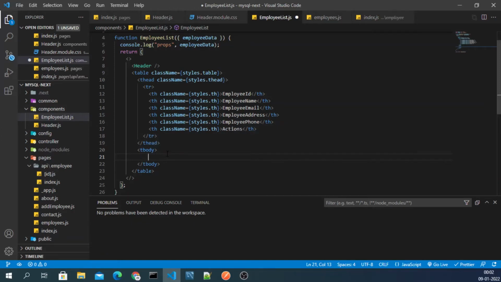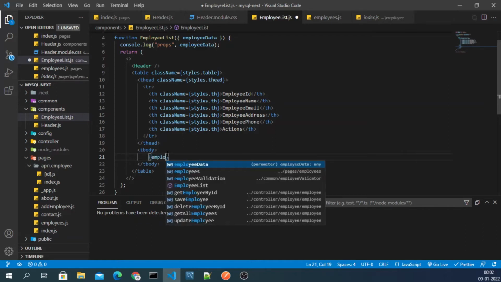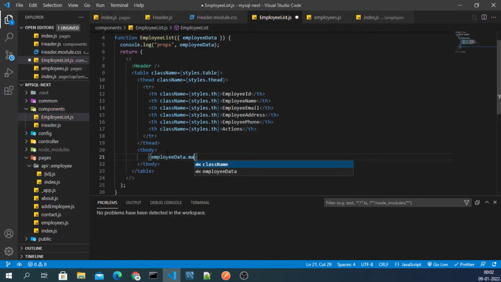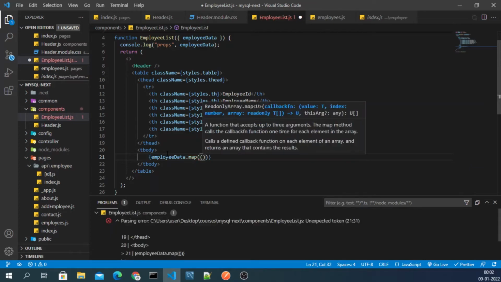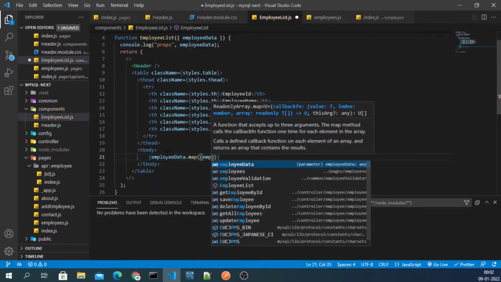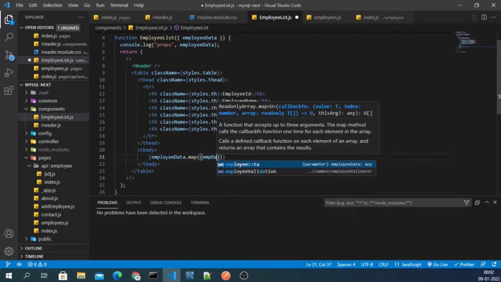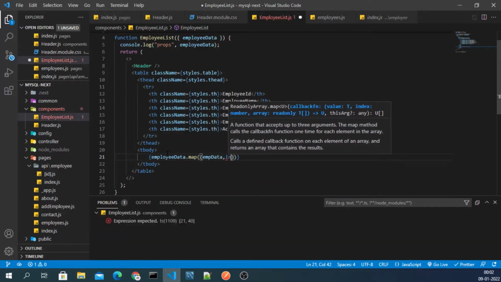I'll simply write employee data dot map, and then I will have employee data, and then a key index.